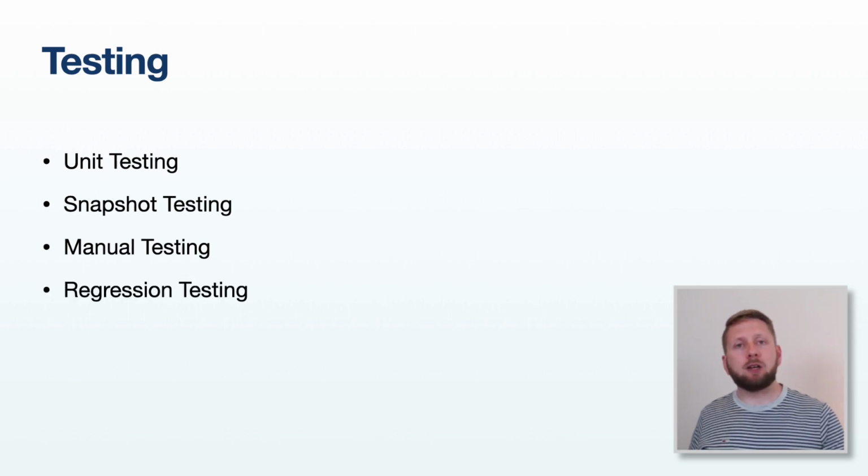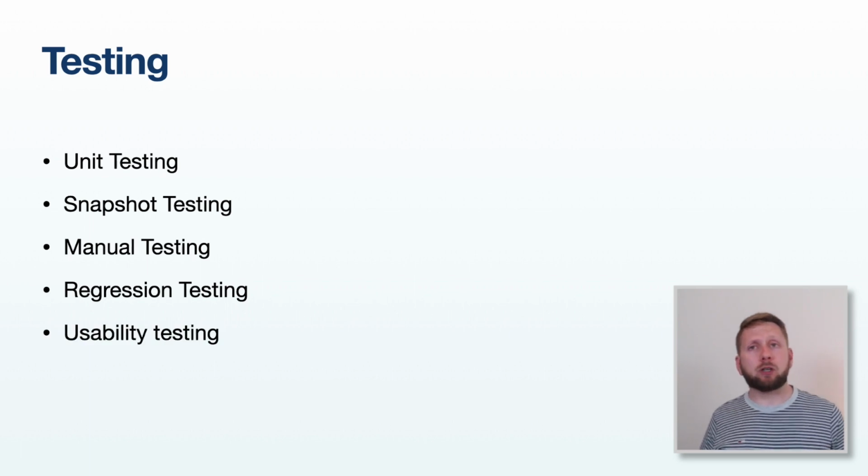Then before it releases, we do a regression test to make sure that we didn't accidentally introduce something that's maybe not directly related to the features that we built, but is a regression from the previous version of the application. Then we still, during development, do usability testing every now and then, especially when we're building something entirely new, like